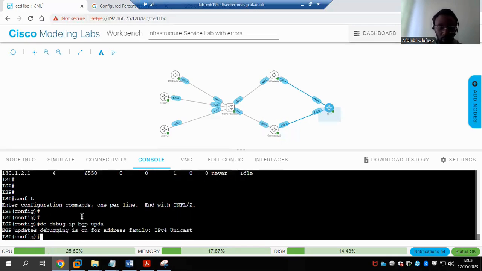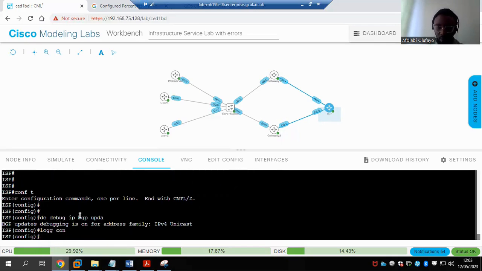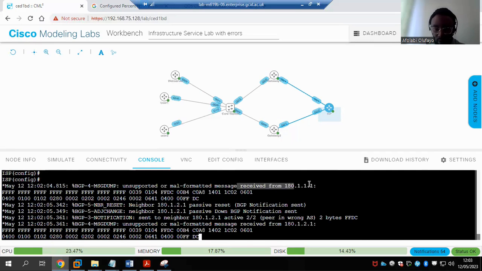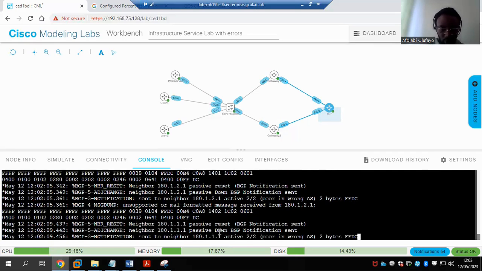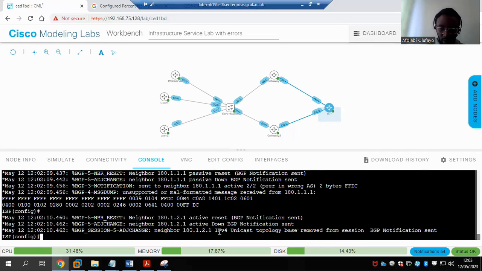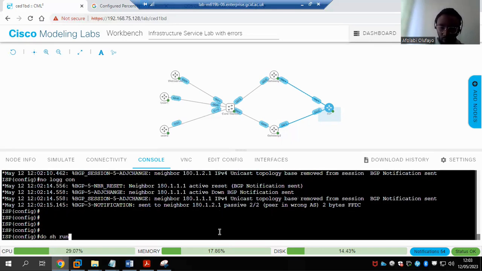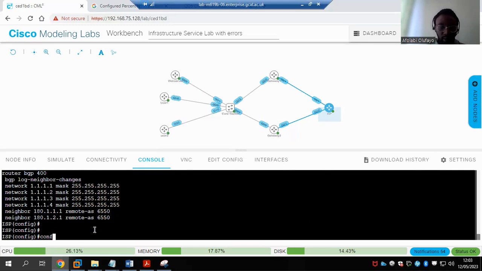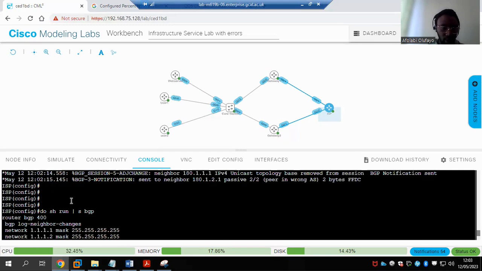BGP update and login console. So I can see it saying wrong AS, which also confirms what I already have. So let me turn up the logs. So do show run. So I'll correct this and ensure I configure the correct AS.